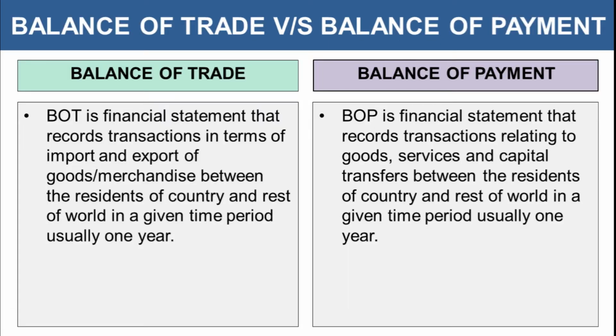Now let's start with the differences. But before that, I would like to give you a brief about this whole video. We are not just considering all the differences, I will be explaining it all with examples, and you'll get to know all the components involved in balance of trade as well as balance of payment. Other than that, we are talking about the economy at national level. Both of these, BOP and BOT, are financial statements that record transactions of our country with other countries across the world. Thus, it becomes important that we know about it.